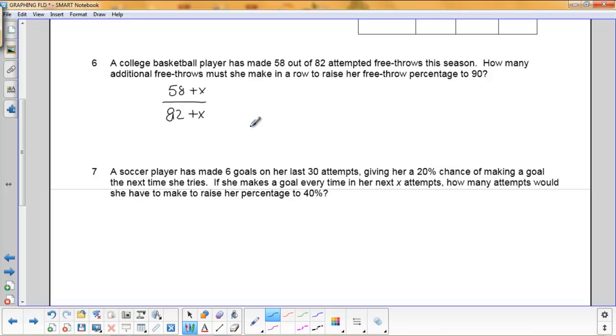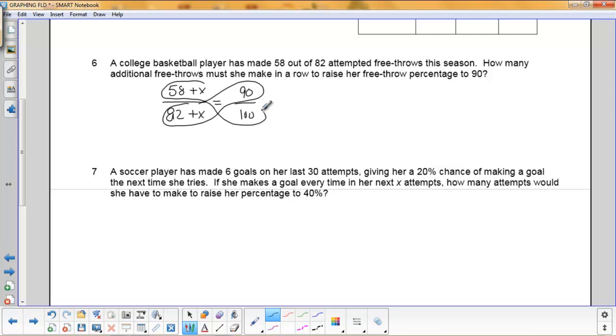She's at 71% instead. Okay, so if we do this, now we can figure out what she needs to do in order to raise her free throw percentage to 90%. Well, that's going to be 90 over 100. So I'm going to go ahead and use that old standby of cross multiplication to help me out in this